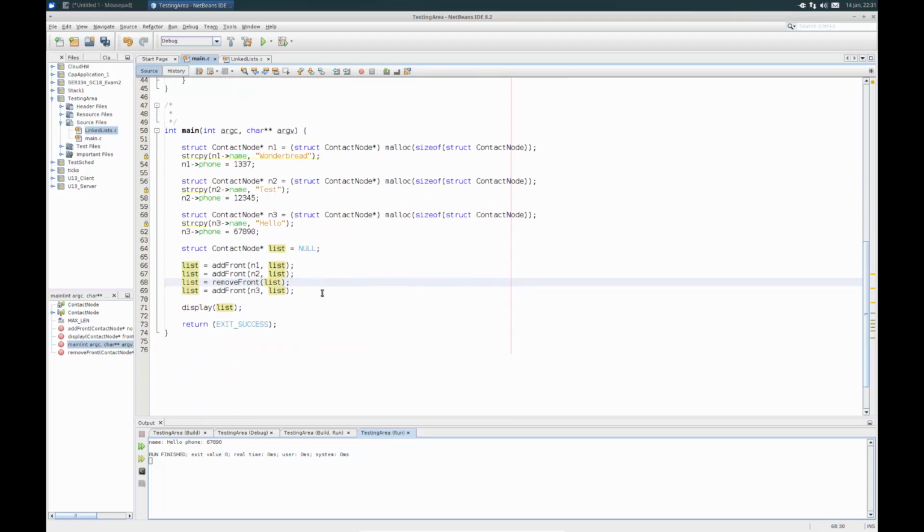Now, just to finish this, one thought is the memory management in general for our list. When I do display, this list still has two nodes in it. So usually what we want is another bit of functionality in charge of deallocating that remaining list. Sometimes you'll see something like this: deallocate list before we exit the program. Perhaps it's something like this: while list is not equal to null, I still have a list, so list equals remove front. Basically go through and delete one at a time. That would be a good practice to make sure that your list is all emptied out and you don't have any leftover memory.